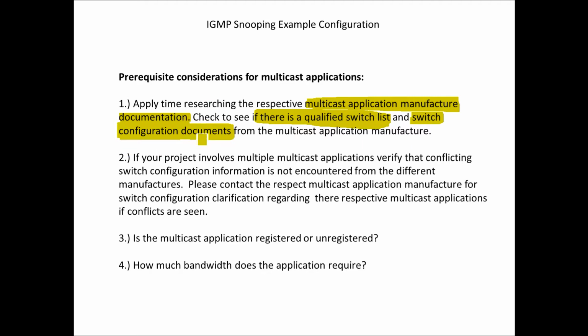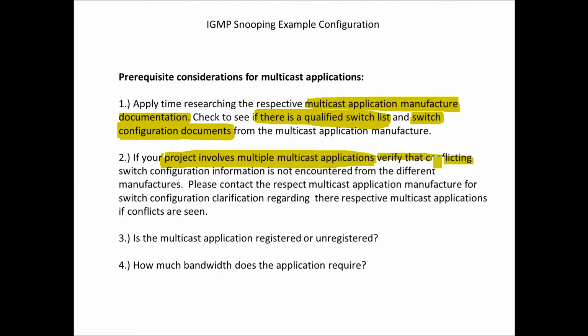The other thing to be aware of is if the project involves multiple multicast applications. So for example, you have manufacturer A, and you'll be sourcing the audio digital signal processor, amplifiers, touchscreens, PTZ cameras, etc. However, then you have manufacturer B. Perhaps you're going to be sourcing microphones, and then you have manufacturer C. You'll be sourcing the video streamer, so transmitter and receiver. You want to verify